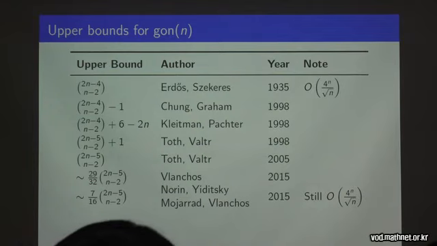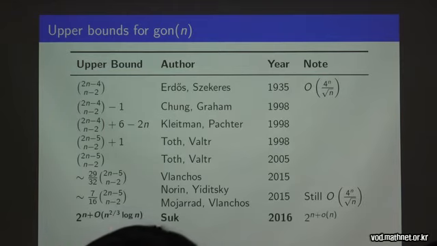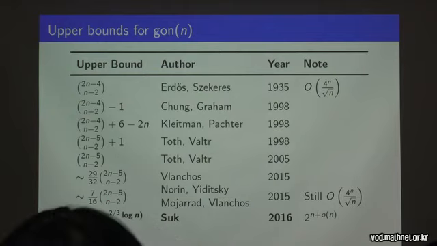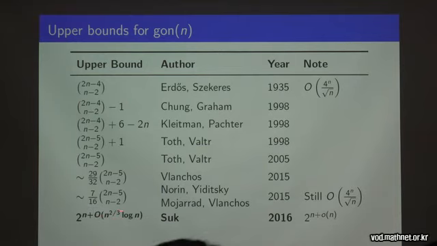And then suddenly Professor Andrew Suk came up with a drastic improvement of the upper bound. You can see that if we look at only the exponent, the upper bound is very close to the lower bound, right? Only this small factor is ignorable with respect to n if you take the ratio. So people consider Suk to be the first to settle the Erdős-Szekeres conjecture in the asymptotic sense.